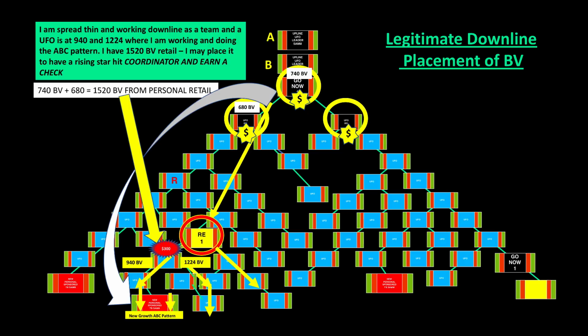I got to do my minimum requirements in reentry centers and my own centers. Okay, but I still have at least 1,000, 1,200 BV. So I am spread thin. I have these 3 centers at the top that are qualifying.